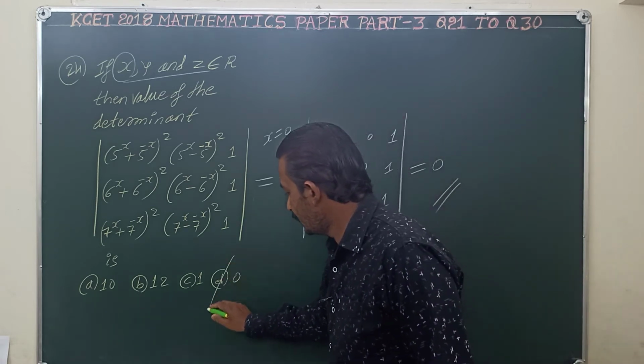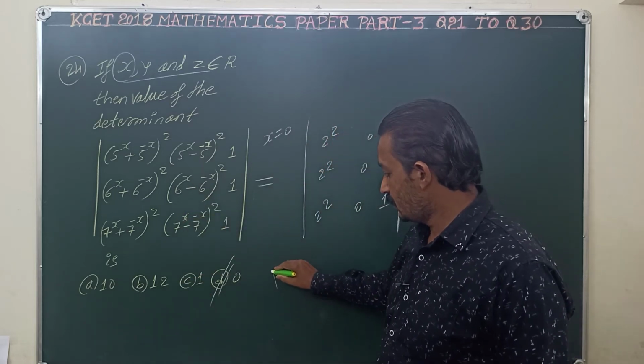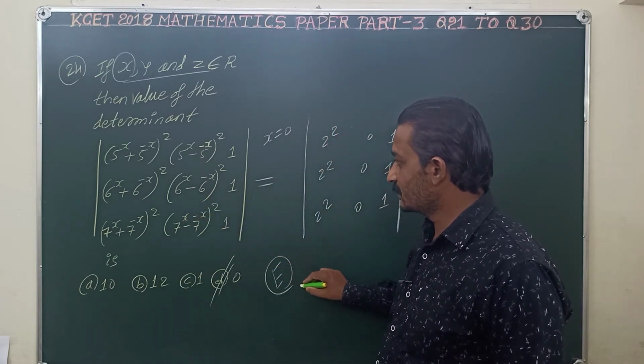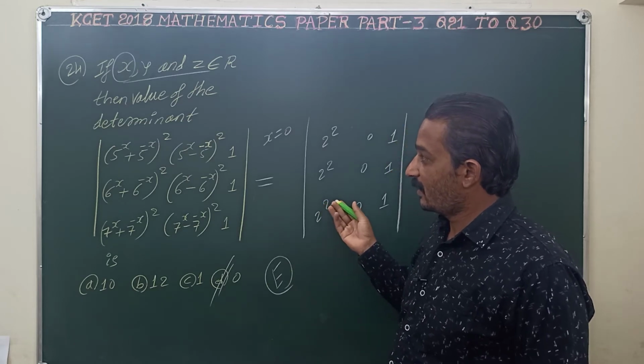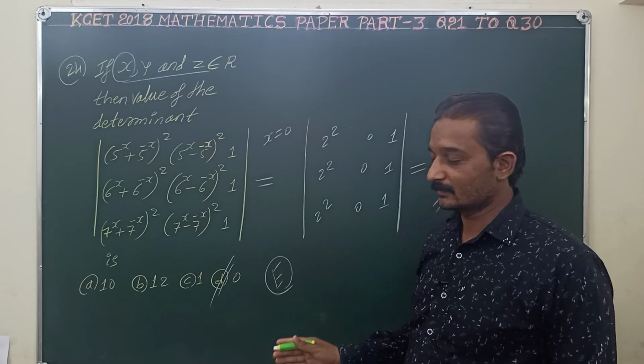Easily identified by giving a value to x. This is an easy question. Most of the students solve this question easily, by the usual method, but I am solving this question by a shortcut method. Take down.